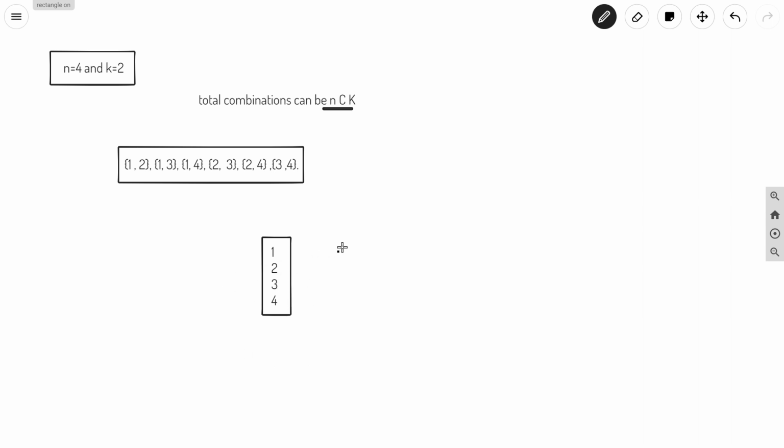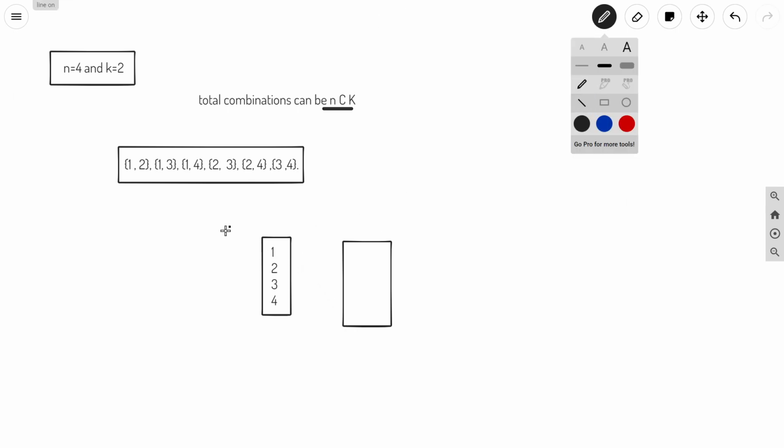Let's say we have this vector with us initially. We are just going to add, let's say, 1 in this vector. So we have pushed back 1, and we are left with 2, 3 and 4.